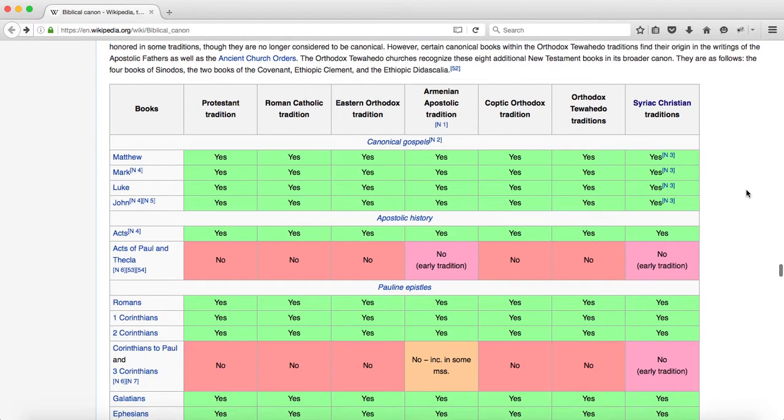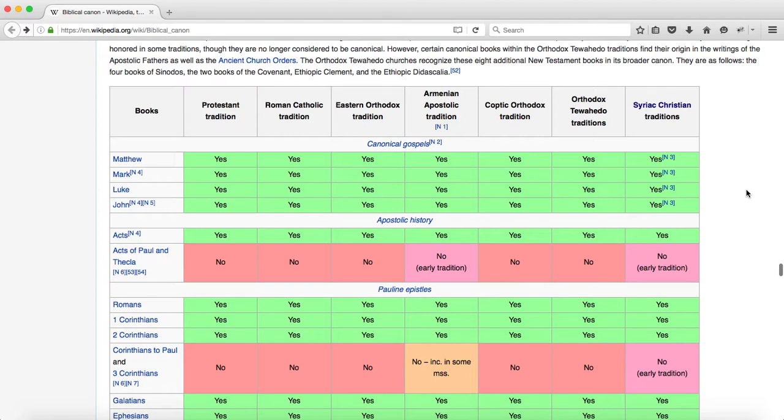Now, the New Testament, again, this is the same thing, but it's considering the New Testament writings or writings that were candidates to be accepted in the New Testament. This is only a representation of modern Christianity with some reference to ancient Christianity, potentially in the footnotes. And this is only a partial picture. It'd be really impossible to get the full picture laid out on a Wikipedia page like this, or at least it would be very